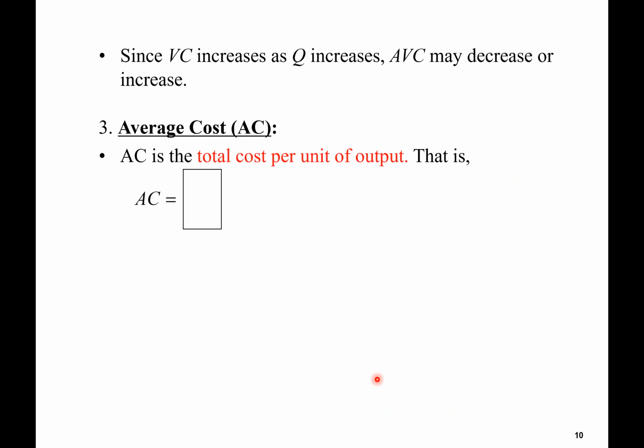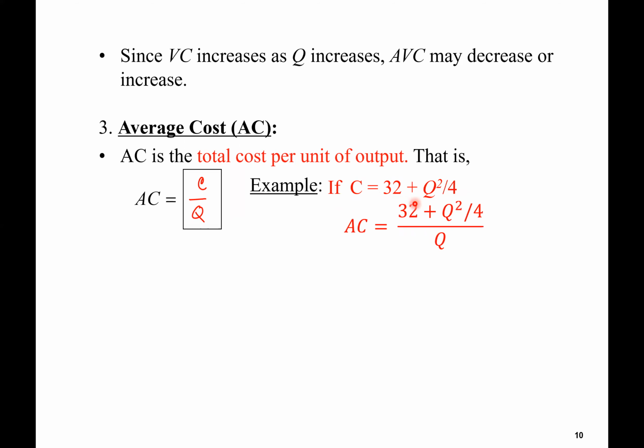So average total cost. So now we want to know, on the average, taking both fixed cost and variable cost together, how much money are we spending on each unit of output? So again, the formula is straightforward. Average cost is just total cost C divided by Q. So if you know how your total cost looks like, you can plug that into this formula. So for example, if total cost is given by this, which we derived in the case of Cobb-Douglas production function, so we have 32 plus Q squared divided by 4,